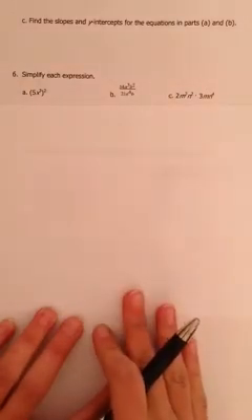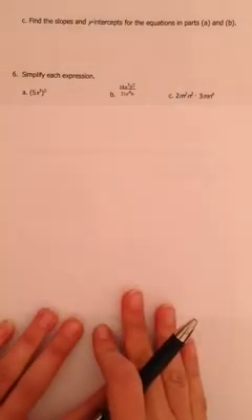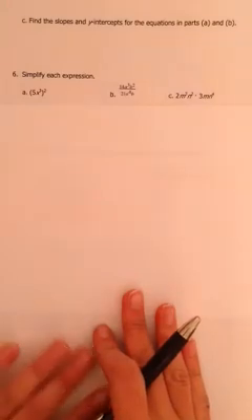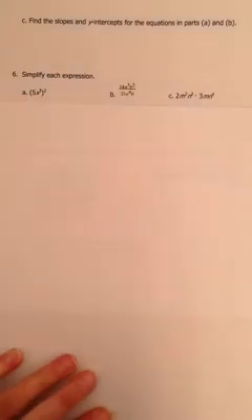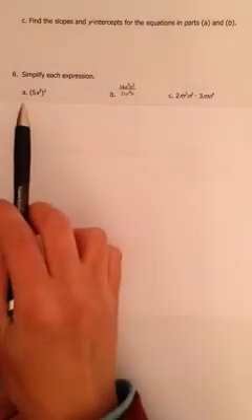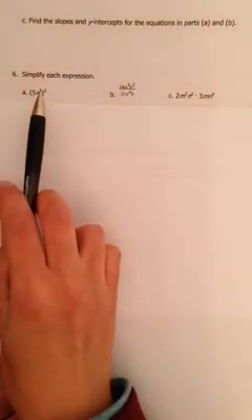This is problem 6 from the Chapter 3 closure packet in Algebra 1. Simplify each expression. So in all of these exponential expressions, we want to have no negative exponents, no decimals, and no parentheses left over. So all of those things need to be moved out of our answer and combined as much as possible. So for part A, I have 5x to the third, all of that raised to the second